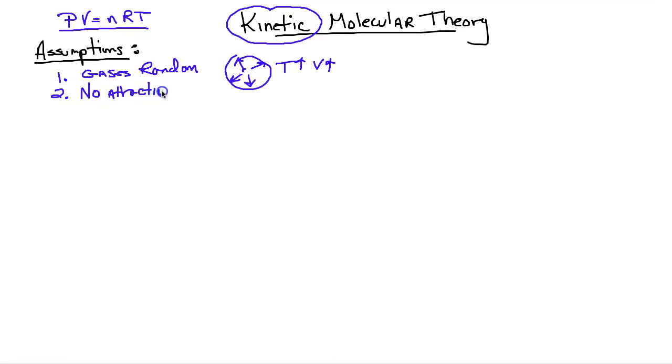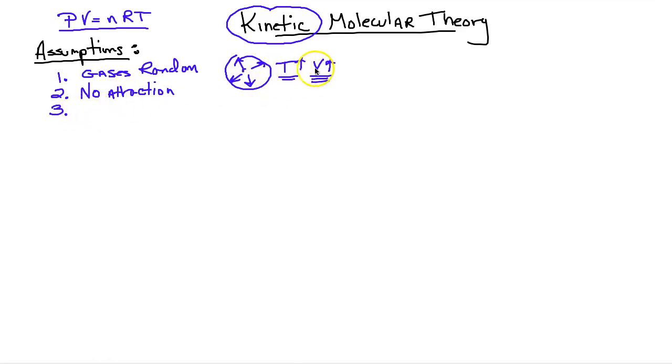If they did attract each other, then they wouldn't move independently in random motion, and they would be coalescing more like a liquid. And the calculated volume that we get if we increase the temperature would not be what we expect, because they're acting more like a liquid and less like pushing outward. All right, three is that these gases are very small. We say they're so small that they don't get in their way and bounce off each other